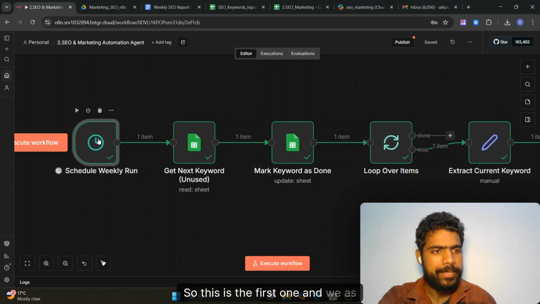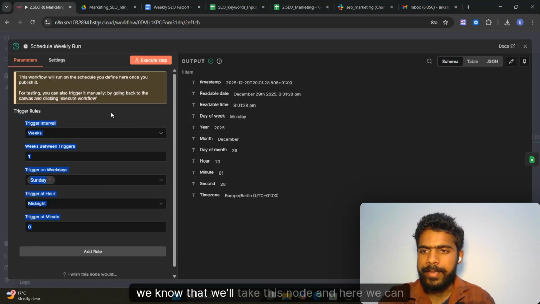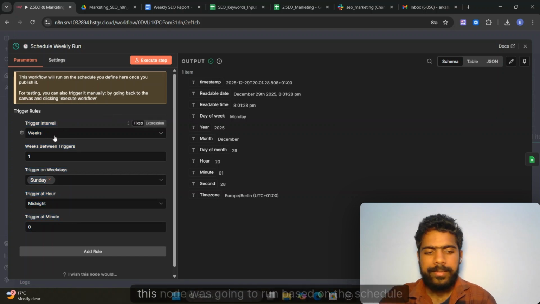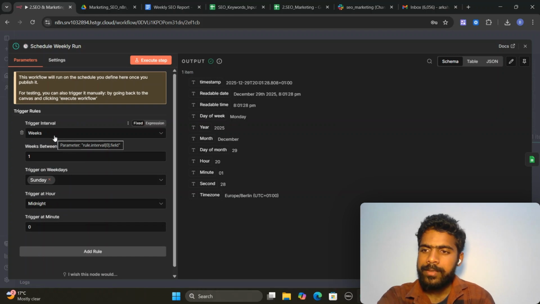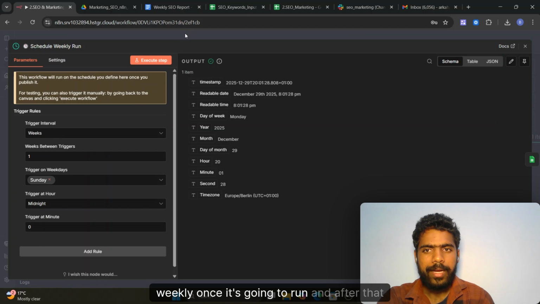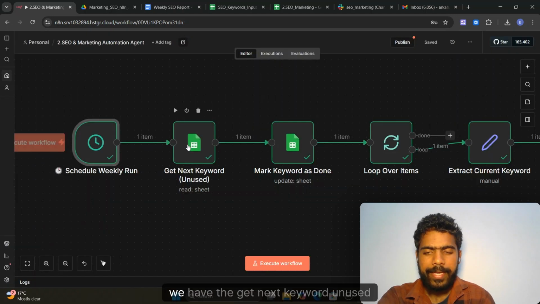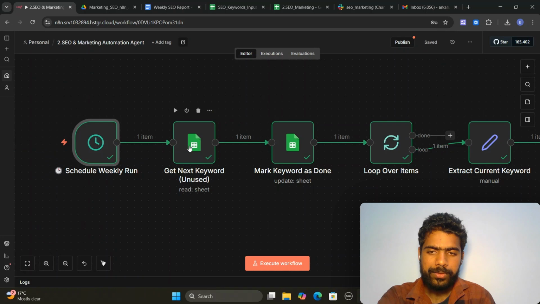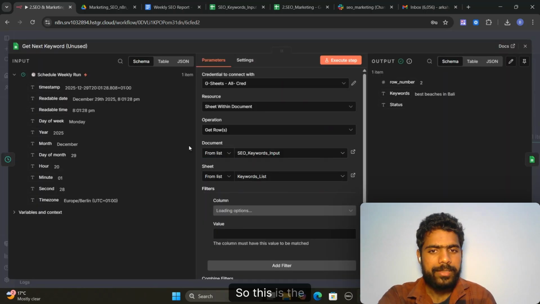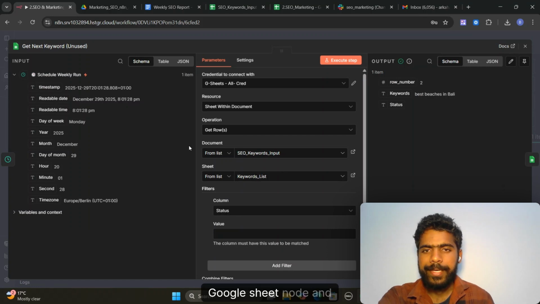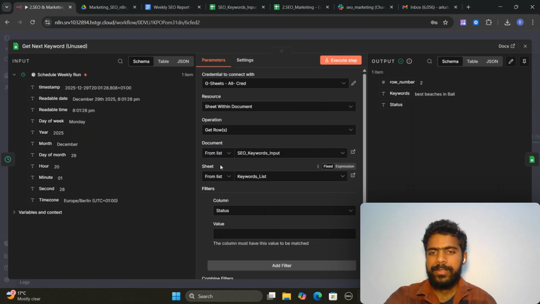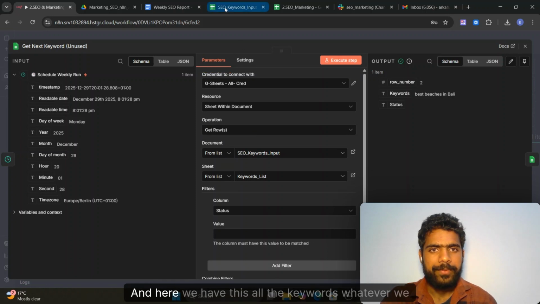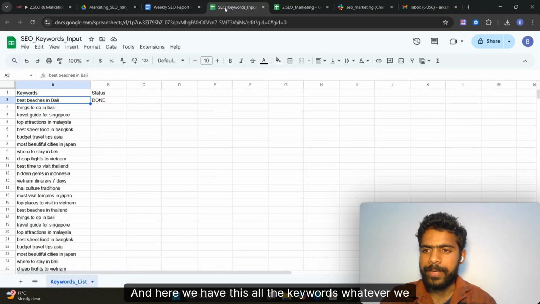So this is the first one, and here we can clearly see this node is going to run based on a schedule, and the schedule is weekly, so once a week it's going to run. After that, we have the get next keyword unused node. This is the Google Sheets node, and we are going to get rows from the Google Sheets. Before I explain this node, here we have all the keywords we have in this list,